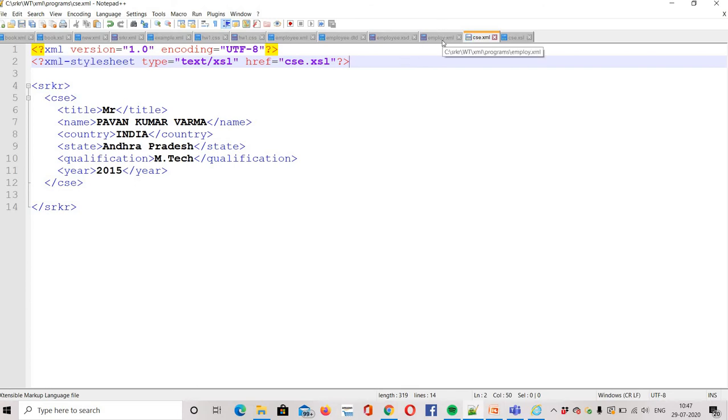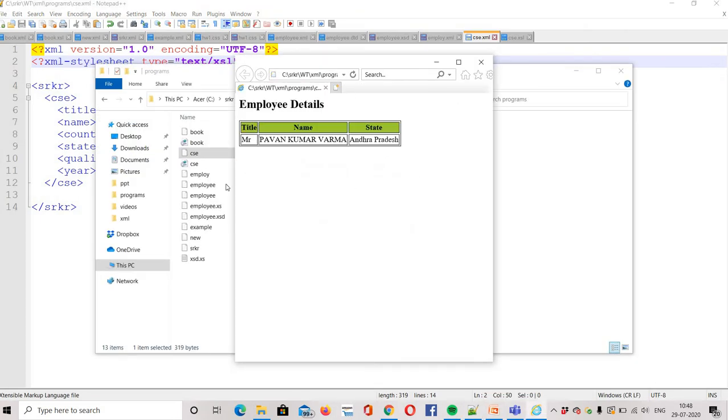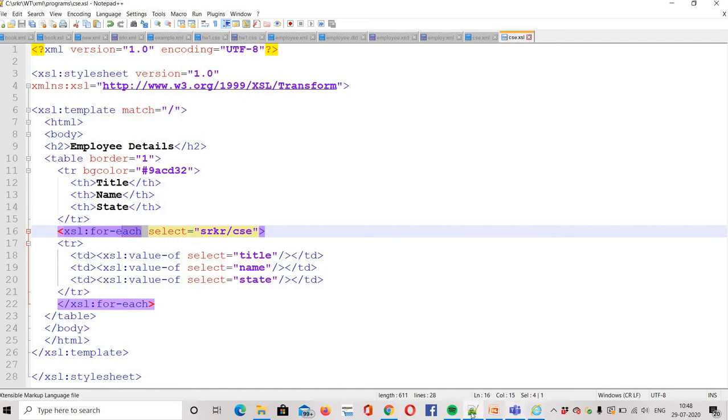The first step was taking the raw employee file. The second one was writing the XSLT file, and the third one is adding this XSLT using the xml-stylesheet with hyperlink references. So let's run this example. This is how we changed the XML document into an XHTML document.